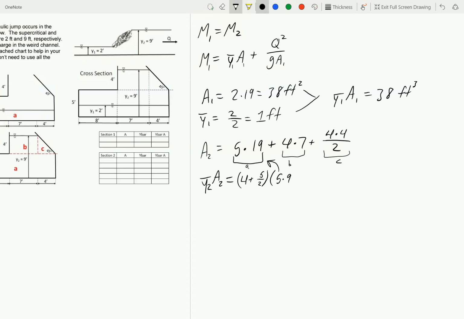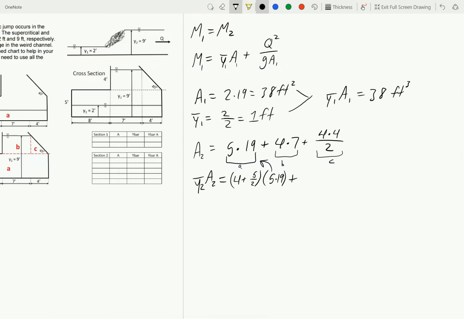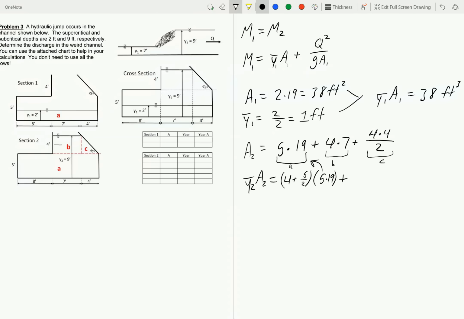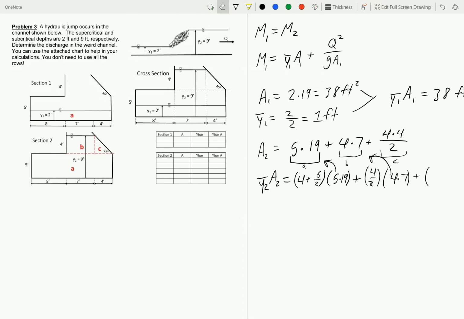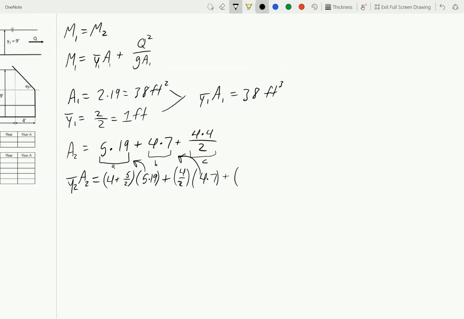So we have 5 times 19. That's going to be plus the centroid of section B, which is just halfway down, so that's 4 over 2, times, again, the area of section B, which is 4 times 7. And finally, we have the centroid of section C, which, since it's a triangle, is 2/3 down, so that's going to be 2/3 of 4, so 2 times 4 over 3, times the C portion here, which is 4 times 4 over 2,